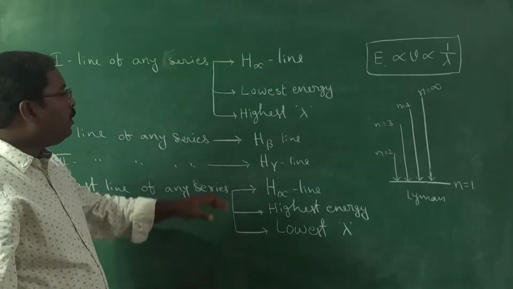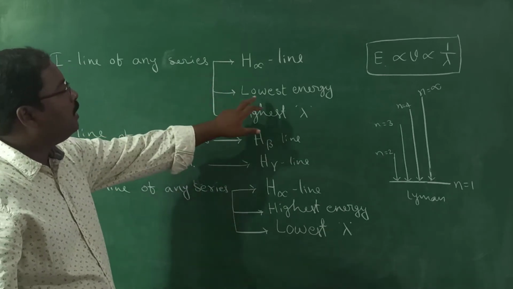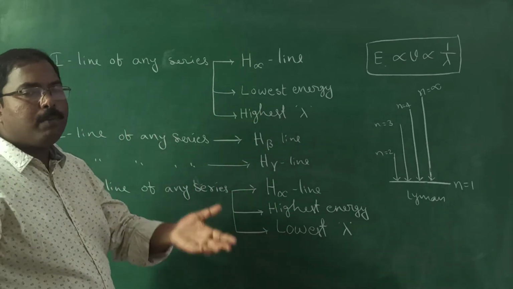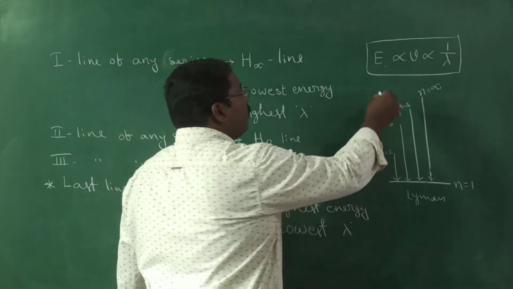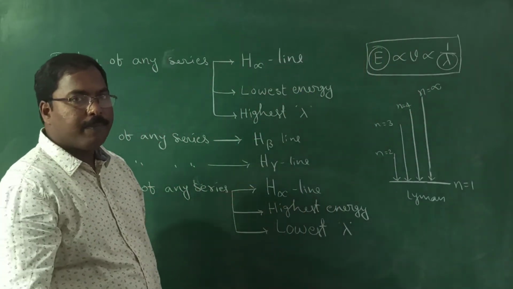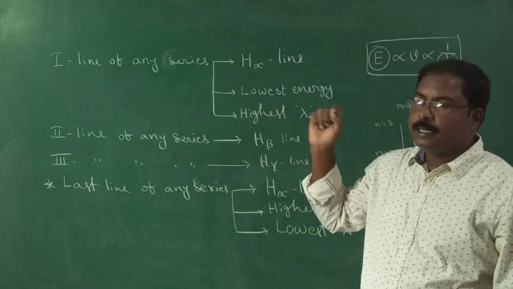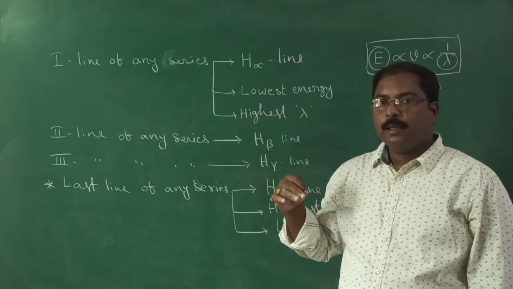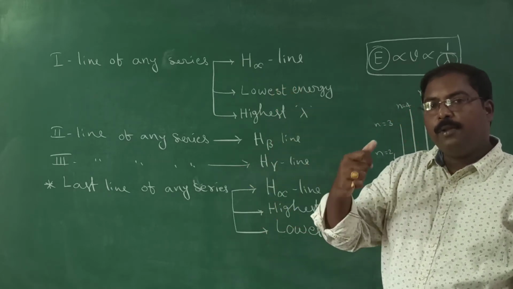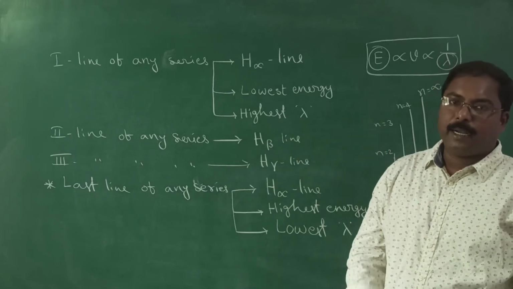Okay. So we need to remember these 2 points mainly. In the case of first line of any series, lowest energy, last line is highest energy. Automatically you will come to know about wavelength, because we know energy and wavelength are inversely proportional. Okay. So these are important points about the spectral series of hydrogen spectrum. You copy all these carefully, underline and highlight the main points. Then we will go to mathematical formula related to the hydrogen spectrum. Okay, copy this.